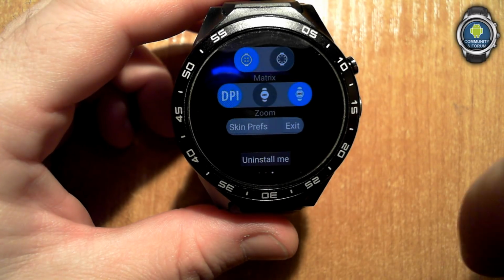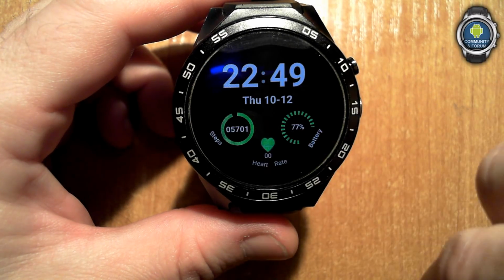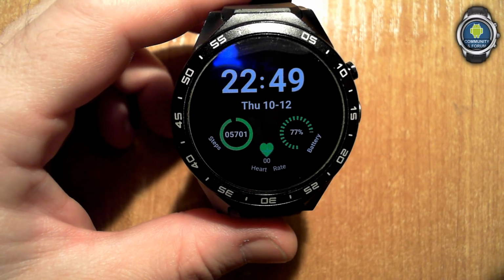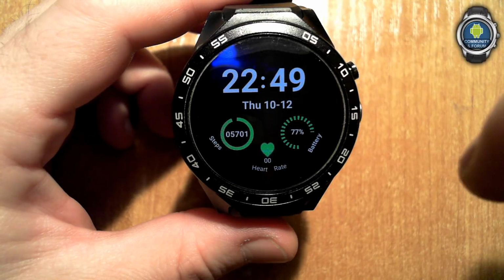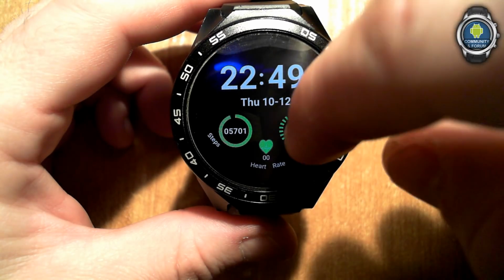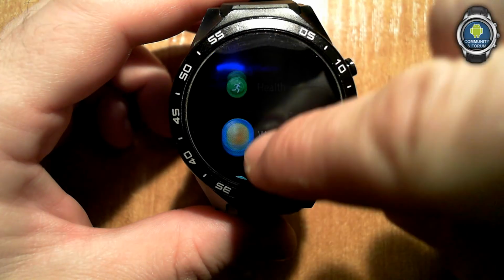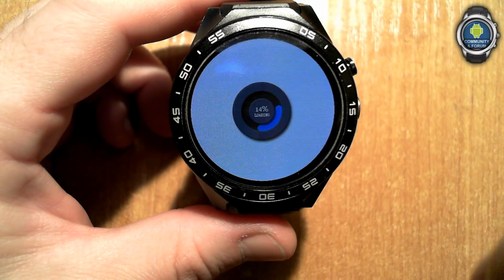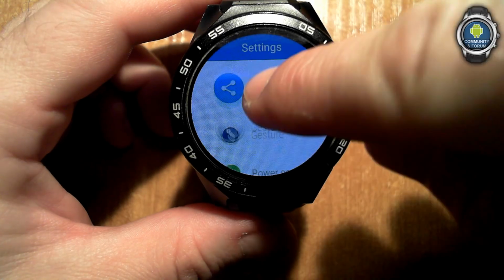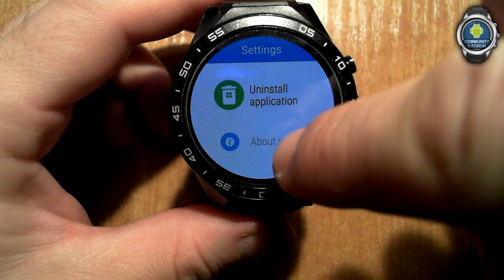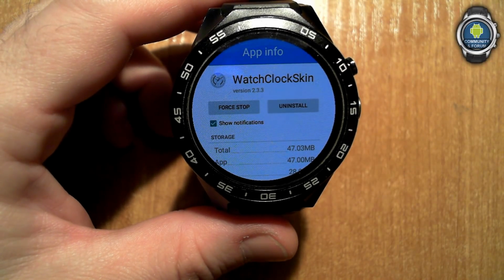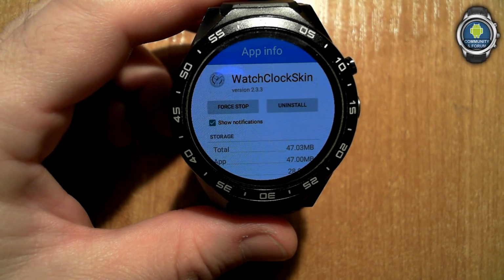settings screen. We are back at our built-in launcher, sadly. I hope it won't last long like this. And at this point we can head back to settings, and now we have a way of uninstalling. Uninstall. Now